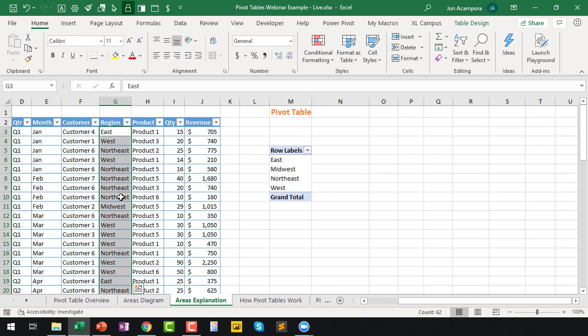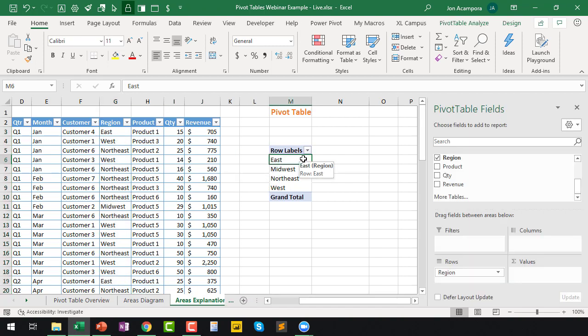And we're going to talk more about this with source data, but this is absolutely fine to have all these repeating values here in the column, because the pivot table is going to find all of those, just give us a list of the uniques, and then list them here within the rows area. And the other thing it allows us to do, the rows area, is create relationships between columns in the data